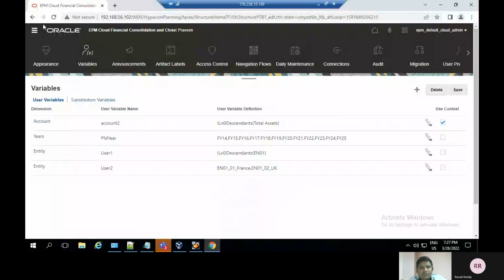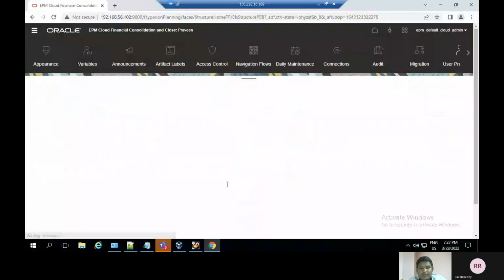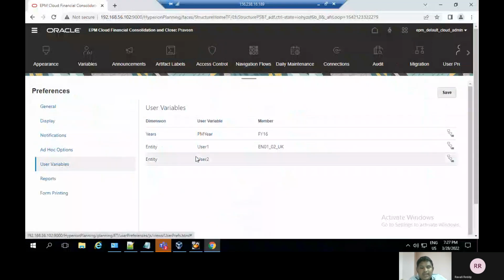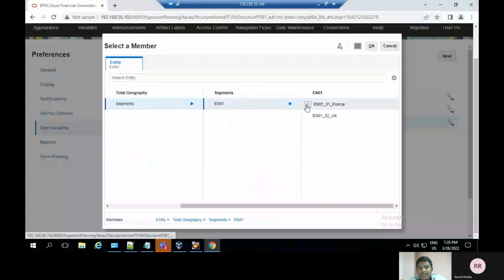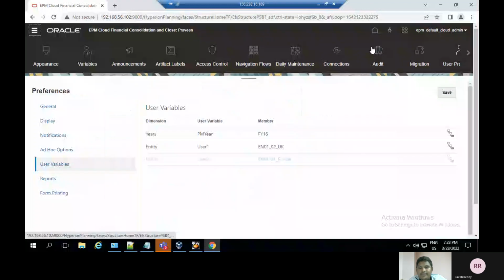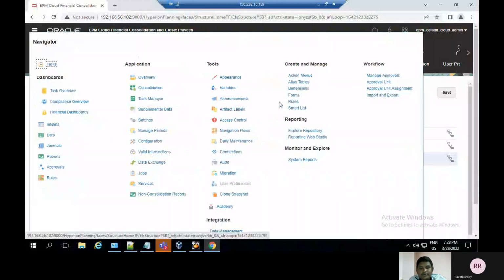After that, go to the navigator to assign the user, to set the user preferences in the user variable. Here the user variable I created, the entity user2, and I assign one member. Here total geography, segments, the restriction of two entities, I assign one entity. Here I give the EN01 entity France. Click on OK and save. User preferences have been saved. Click on navigator, under the forms,